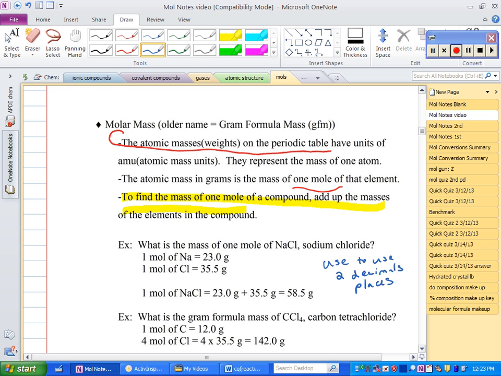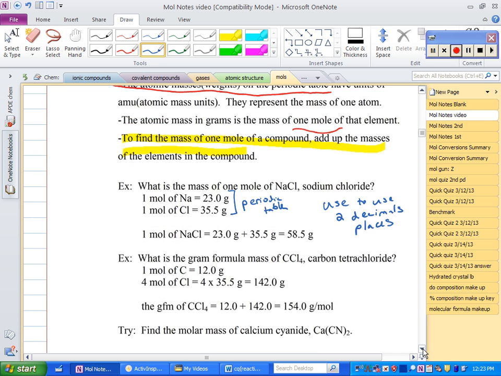So, these numbers here came from the periodic table. And there was just 1 sodium and 1 chlorine, so we just added them up. Now if we come down to the next example,